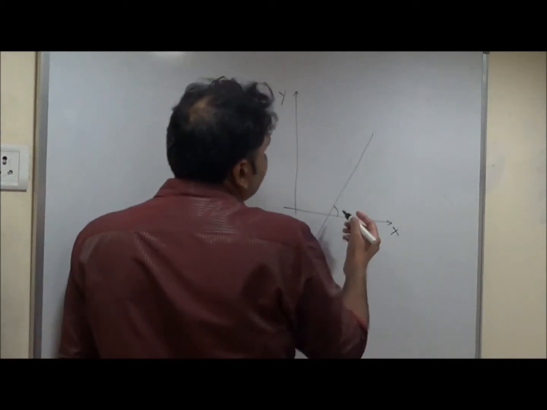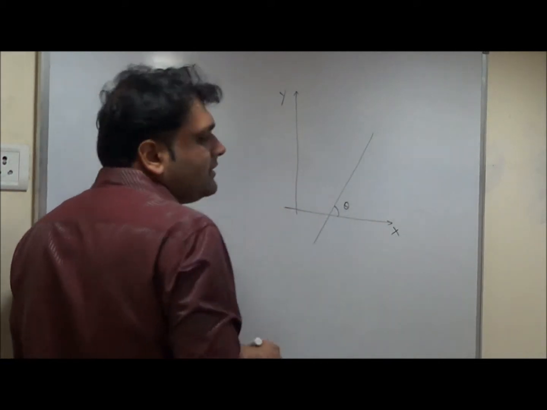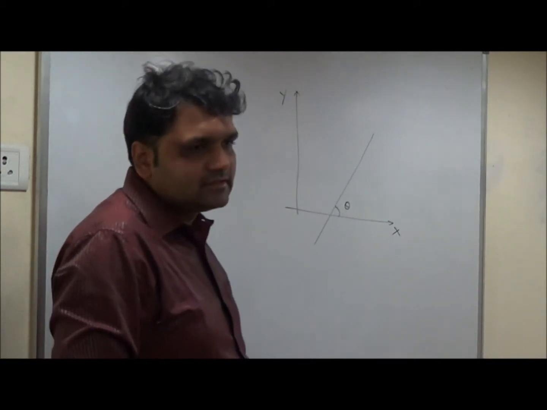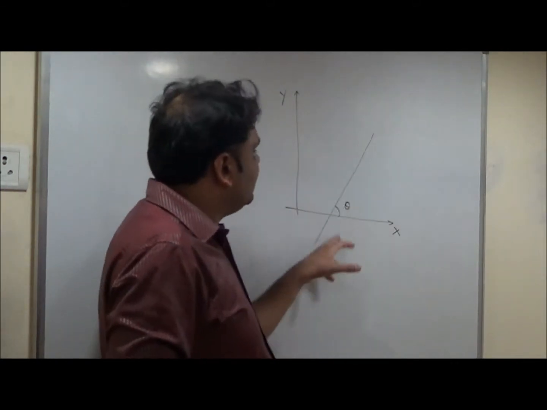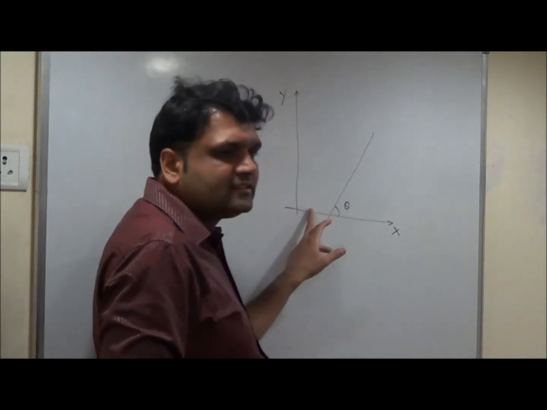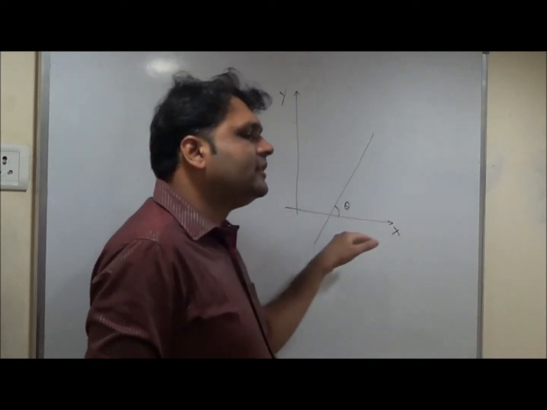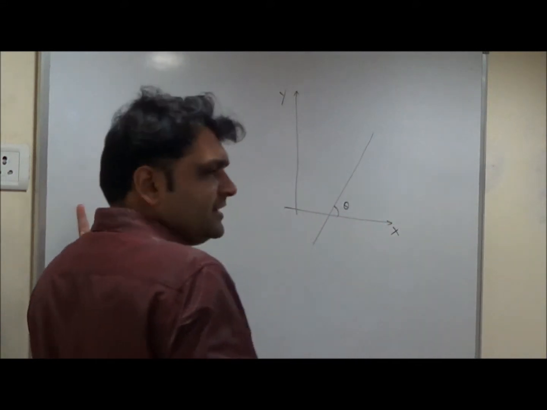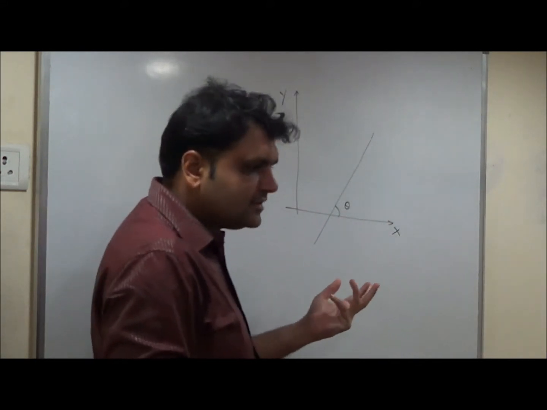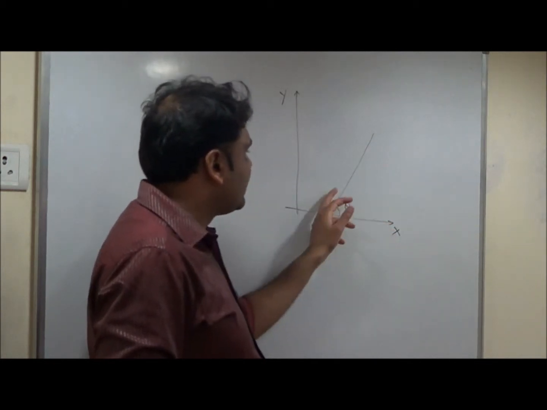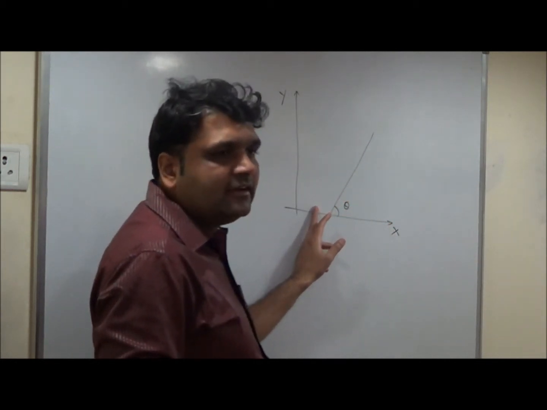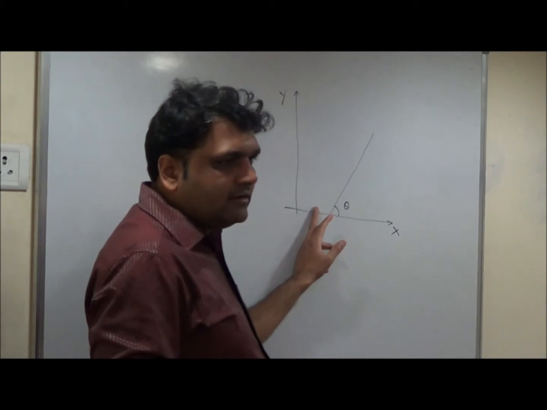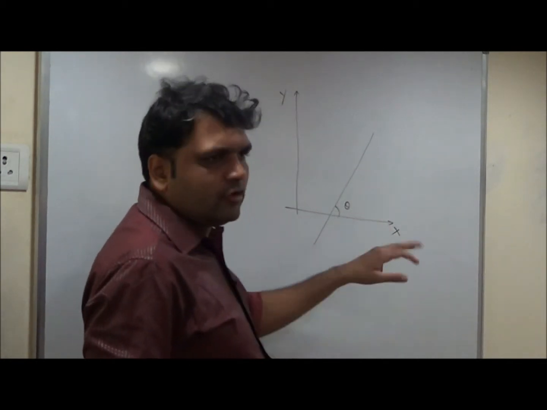And let's say this line is making an angle theta with a positive direction of x-axis. What do I mean by that? This line could make some angle this side and some angle this side with the x-axis. This side is the positive direction of x-axis. This side, if I extend, it will go to the negative direction of x-axis. So if a line is making 60 degree angle here, obviously it makes 180 minus 60, 120 degrees on the other side. We will consider this angle for standardization.